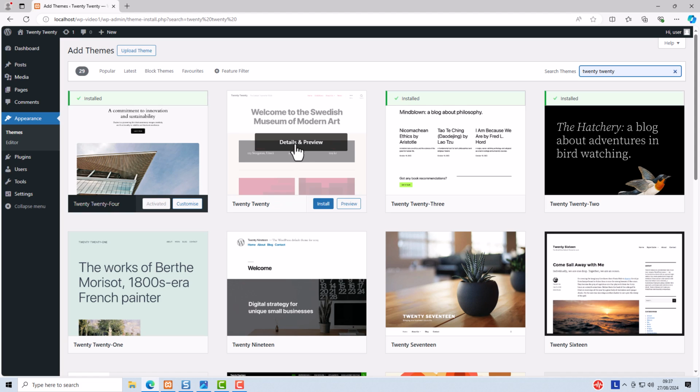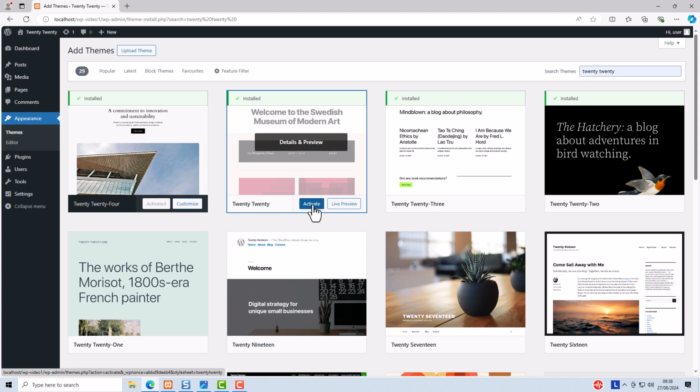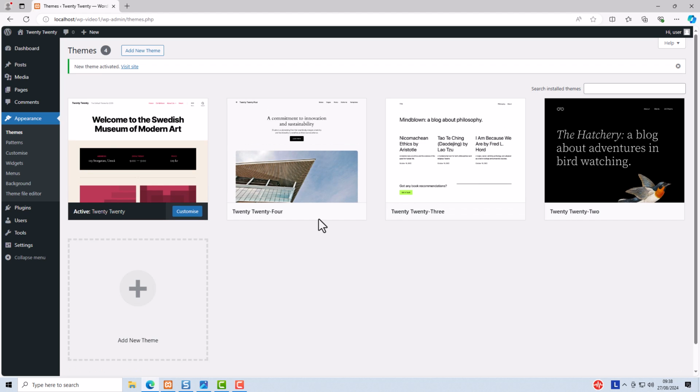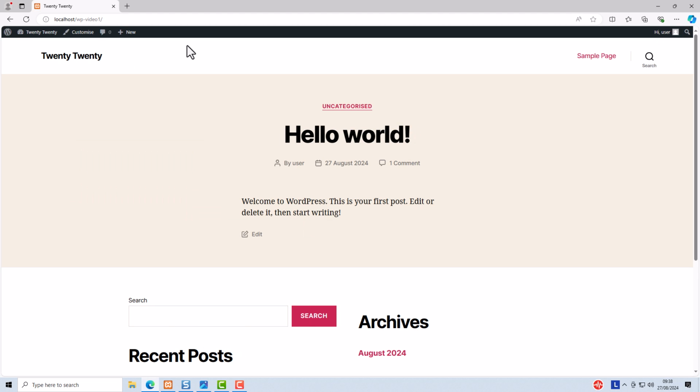Now if you want to, you can click the theme details to learn a bit more about the theme, but I know I want that one, so I'm going to install. I now need to activate the theme. And if we go back to view the front of the site, we see the theme has changed. So go back to the dashboard,